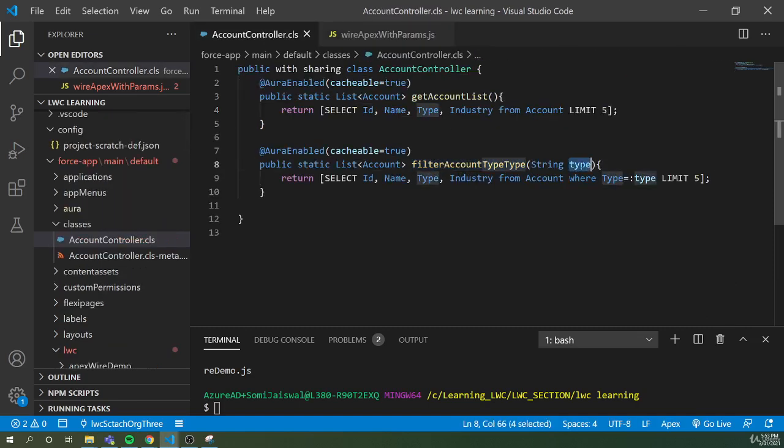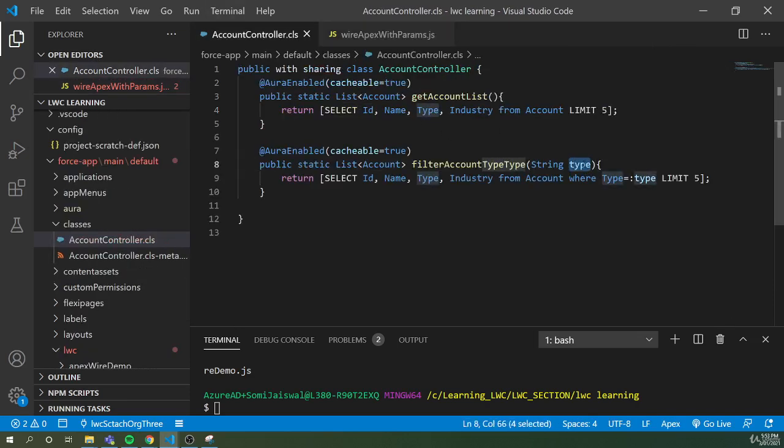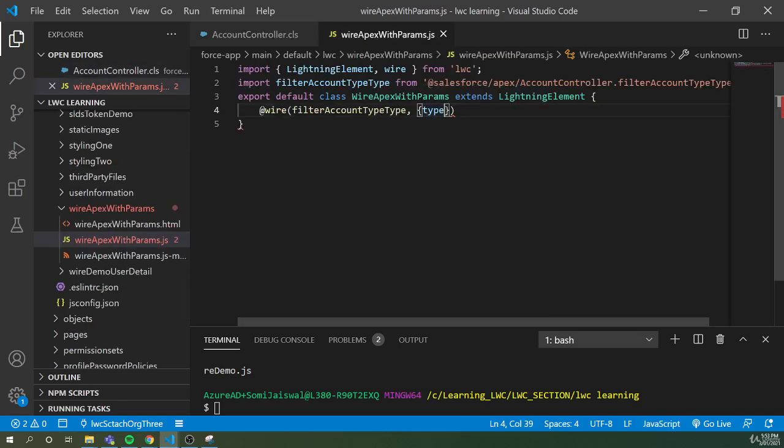Class is expecting the type of type string, so we'll define the parameter name type. It should match with the same name here. We are passing type, and then we have to pass something here, and we already know wire is a reactive service, so we'll pass a reactive parameter here, or a reactive property, that is selectedType,